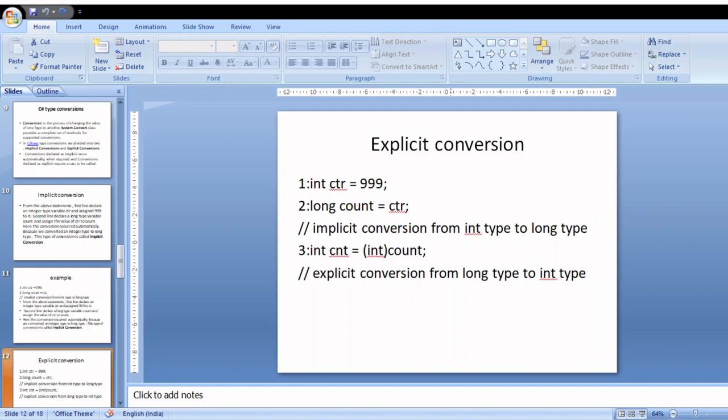conversion. cnt is a variable which is declared of type int, and ಈ ವೇರಿಯೇಬಲ್ಲು ಯಾವ ಟೈಪಲ್ಲಿ ಇರುತ್ತೆ ಅದನ್ನು ನೀವು ವಿತಿನ್ ಎ ಬ್ರ್ಯಾಕೆಟ್ಸ್ ಸ್ಪೆಸಿಫೈ ಮಾಡಬೇಕು. ಇಲ್ಲಿ ಕೌಂಟ್ ಅಂತ ಇದೆ.